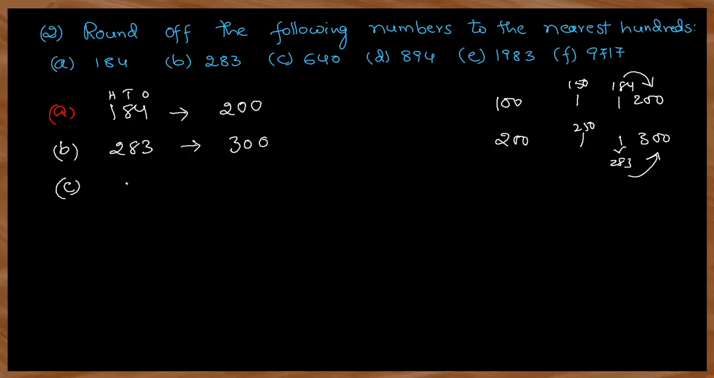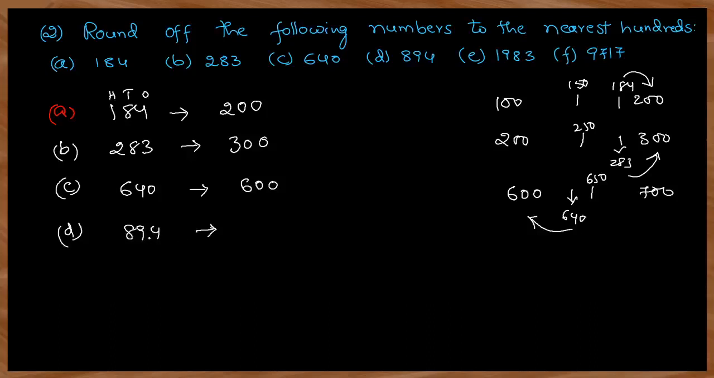Next is 640, which is less than 650. So in between 600 and 700, middle number is 650. 640 lies here somewhere, which is less than 650. So this number rounds down to the lower 100, which is 600. So the nearest 100 of 640 is 600. Next,